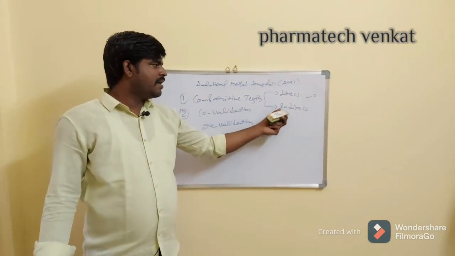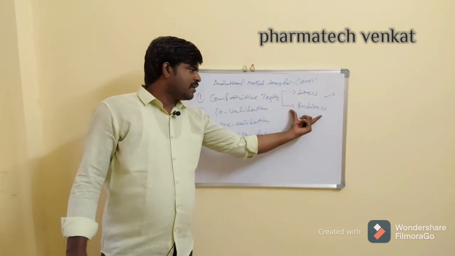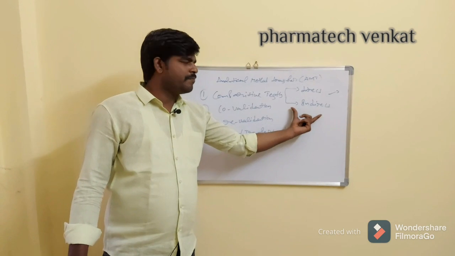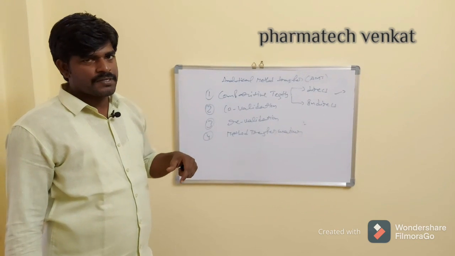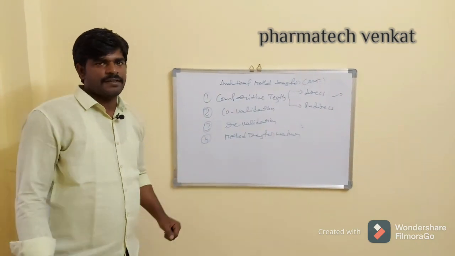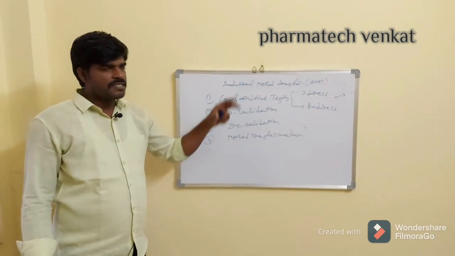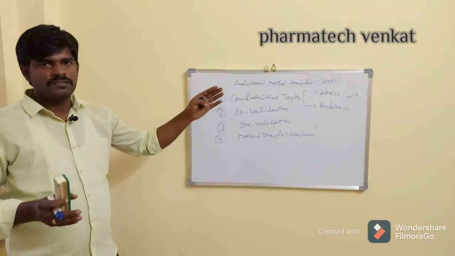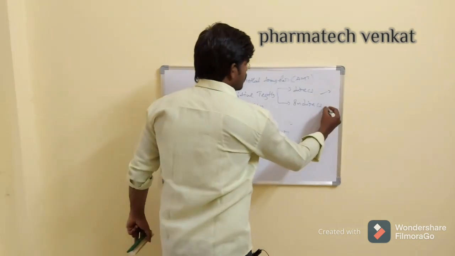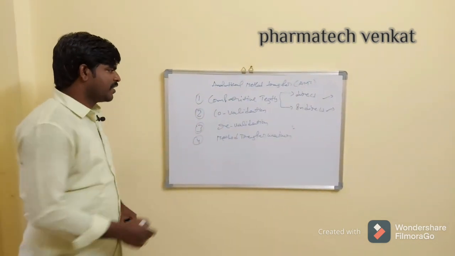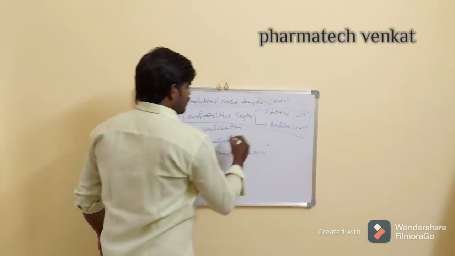And the second one is indirect method transfer. Indirect means the transferring lab persons perform the activity at their site, and the receiving laboratory persons perform their activity at their site. Both laboratories perform in their respective sites, and after that they will compare the results of both laboratories. If the results are comparable, then the method transfer is okay. This is the most common and frequently happening method transfer activity: direct method transfer or indirect method transfer.